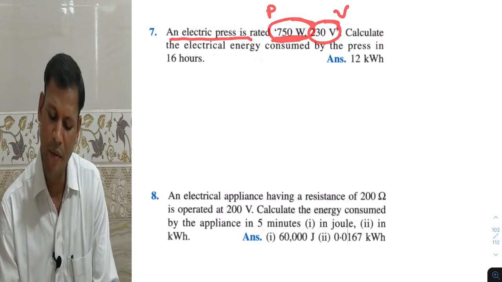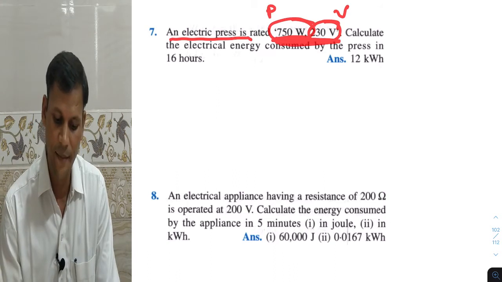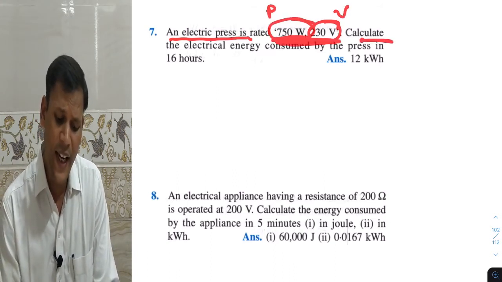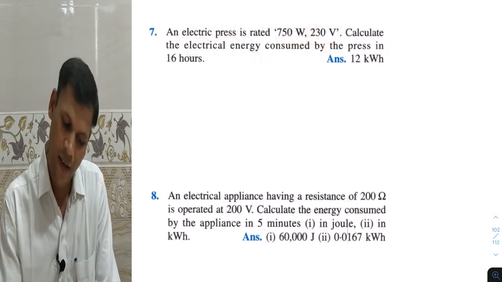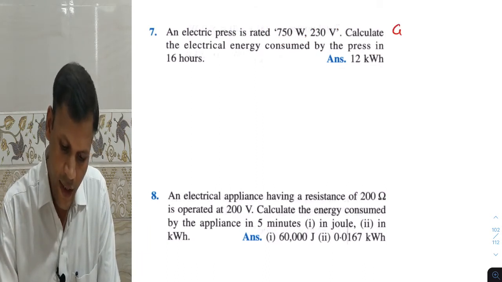तो हमेशा पावर वोल्टेज ही दिया रहता है या कहीं कहीं करंट और वोल्टेज भी दिया रहता है, तो भी हम पावर निकाल सकते हैं. Calculate the electrical energy consumed by the press in 16 hours. टाइम भी दिया है, तो जो दिया है, all the informations we will write. So we can write given